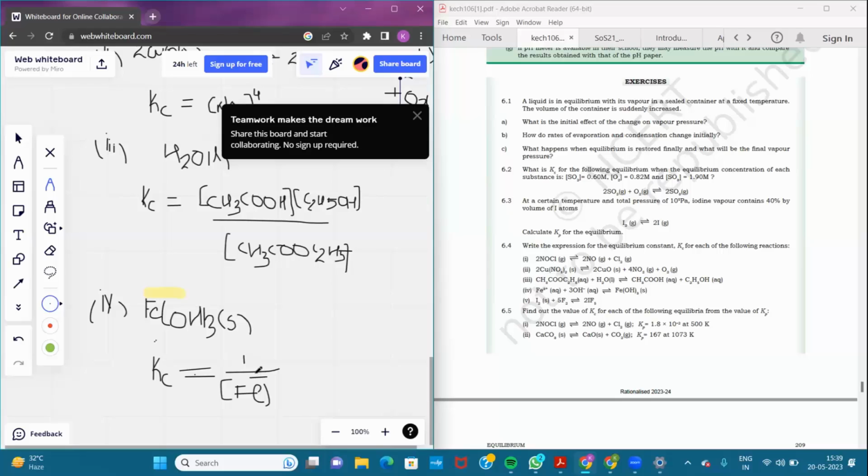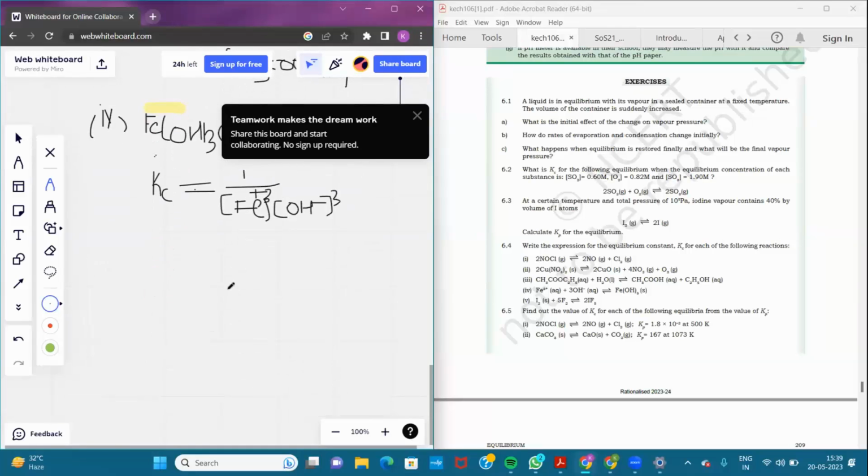This is plus 3. Sorry, I forgot to mention that. And here, this is OH minus raised to the power of the stoichiometric coefficient, so we'll raise it by 3. And coming to the fifth part,